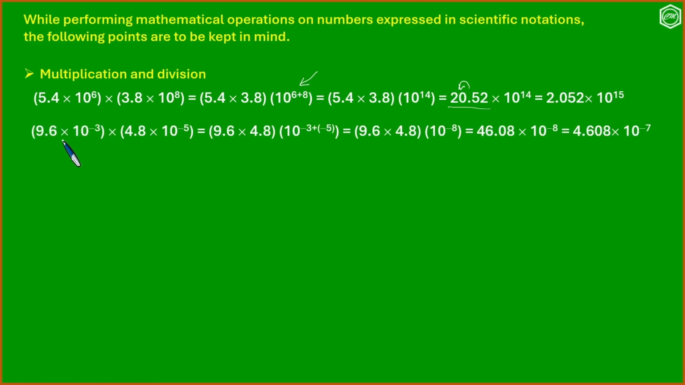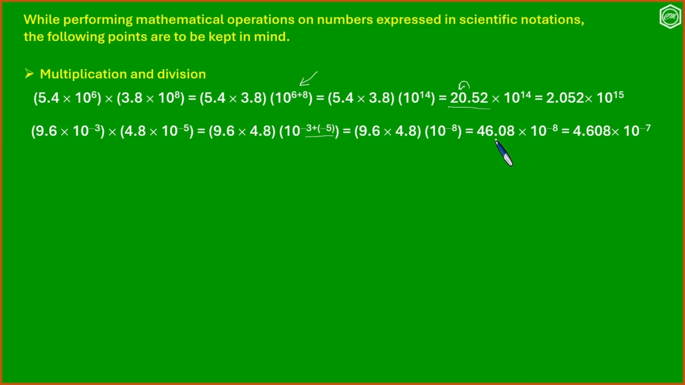Consider this multiplication: 9.6 into 10 raised to minus 3 into 4.8 into 10 raised to minus 5. That is 9.6 into 4.8. And now the exponents we add, that is minus 3 plus minus 5. So this is 9.6 into 4.8 into 10 to the power minus 8. So the product is